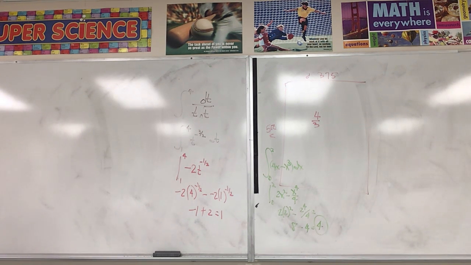Everybody good? Wait, what was the answer to 21? 21 was 2. And 23 is 1? 23 was square root of 3. Okay, because tangent of the secant is